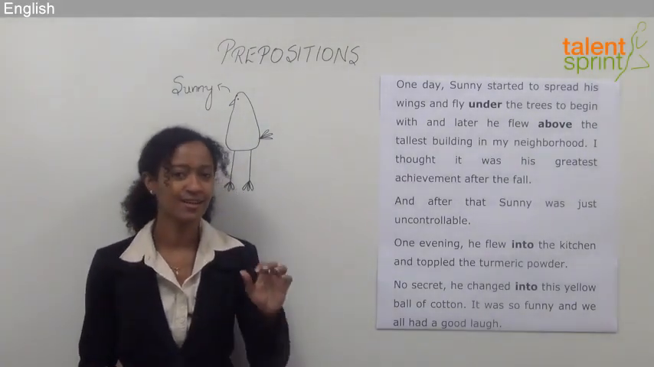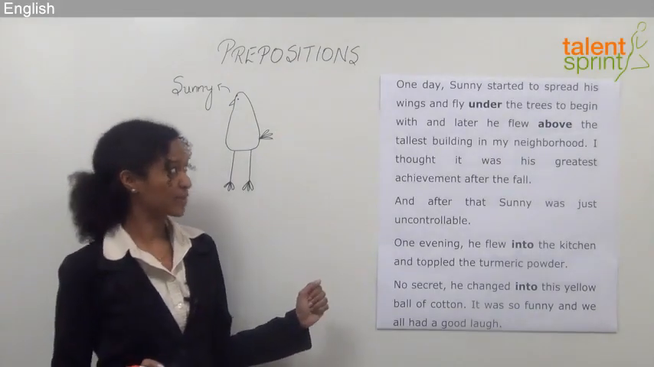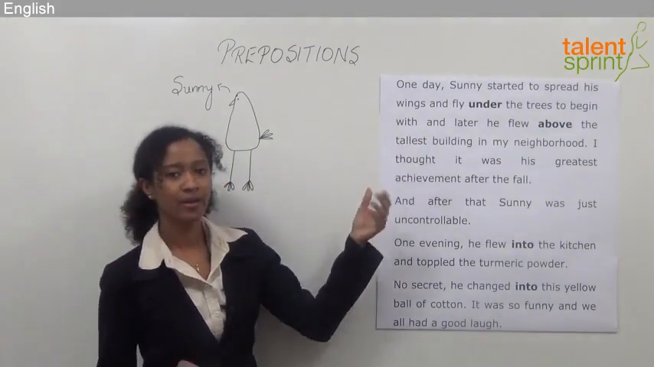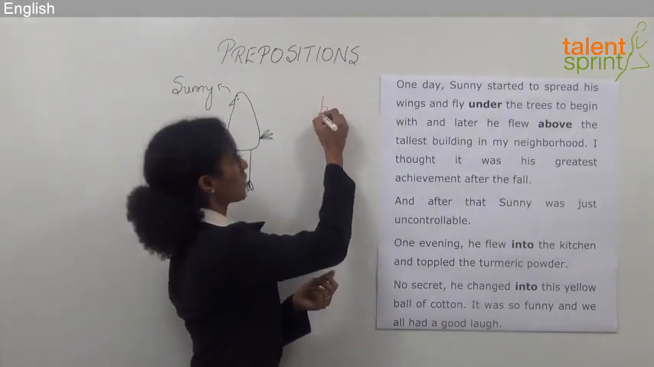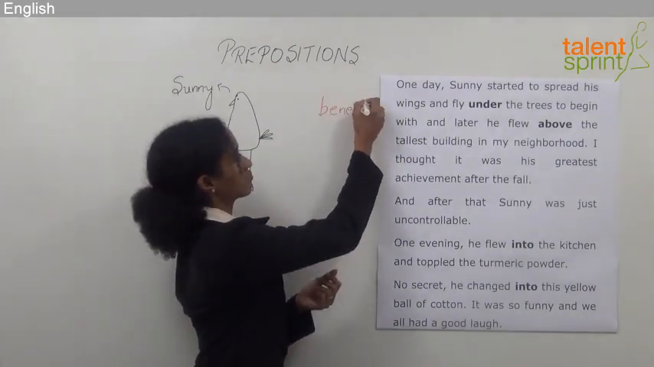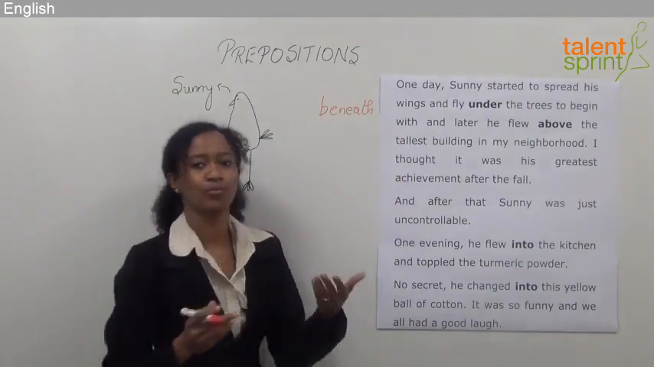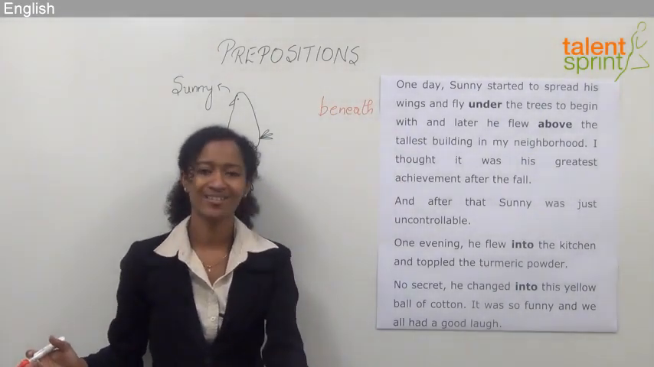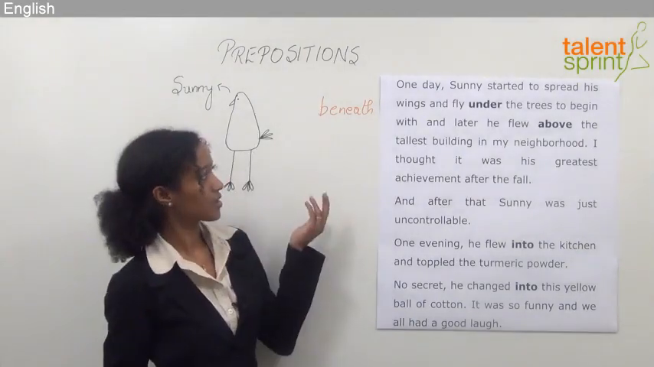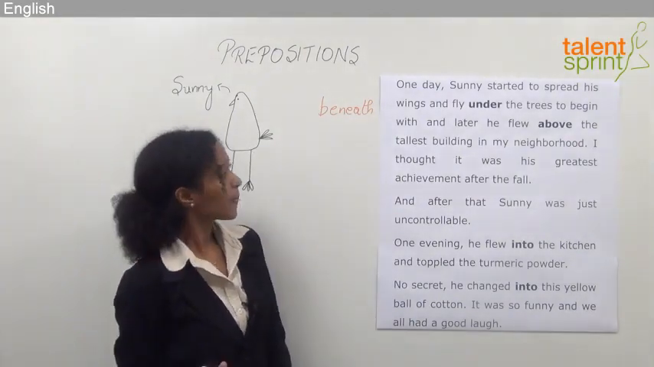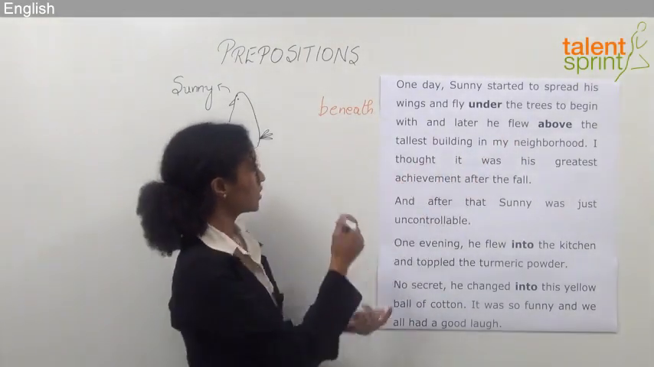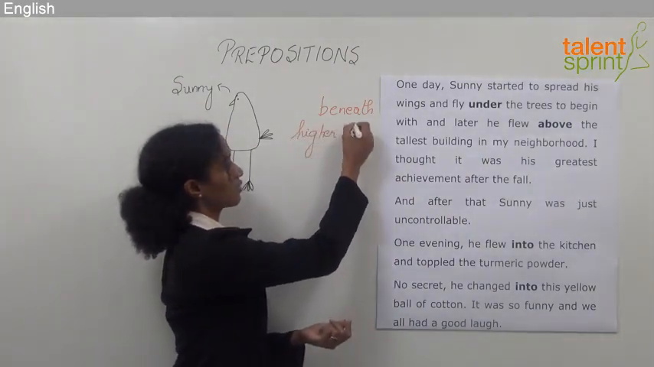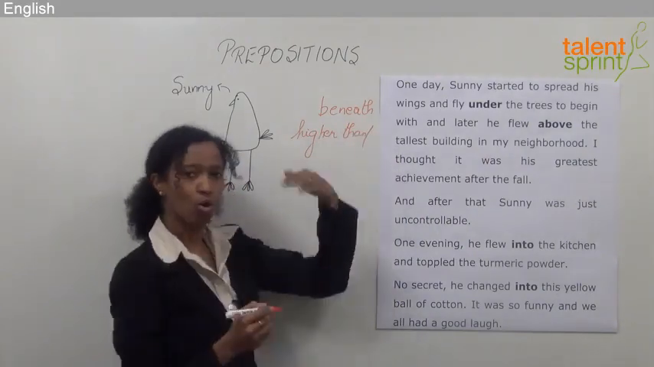Now let's understand a couple of prepositions here as well. In the second line, under represents or denotes beneath. Like for example, I could say, where's my water bottle? Your water bottle is beneath the desk, which means it's under the desk, right? Here, above means higher than or over,